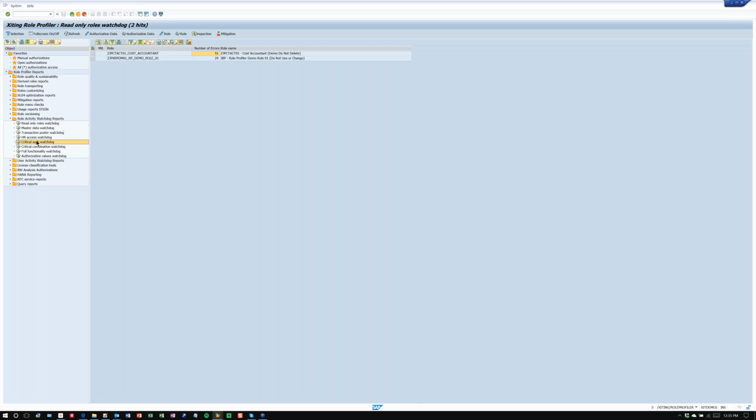The critical auth watchdogs, these are very good. So we have the ability to set up critical authorizations and critical combinations of authorizations. So your SODs, basically. We deliver our own set with the system, but you can also add your own. So if we go in and look at this one,